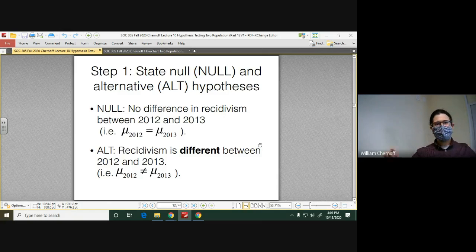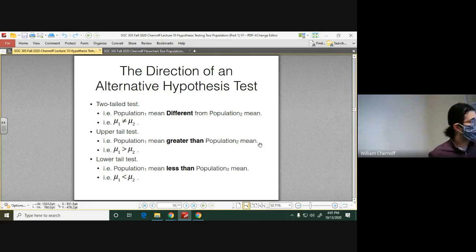The null is always going to be, these two groups are the same, there's no difference between them, there's nothing interesting happening here. The alternative hypothesis is going to be that there's some kind of difference. So again, when it comes to the alternative hypothesis, there's only going to be 3 different kinds that we can choose from. And these are the same 3 different kinds that we talked about previously. So it could be that the 2 groups are different, but we don't know how. It could be that the first group is greater than the second group, or it could be that the first group is less than the second group.